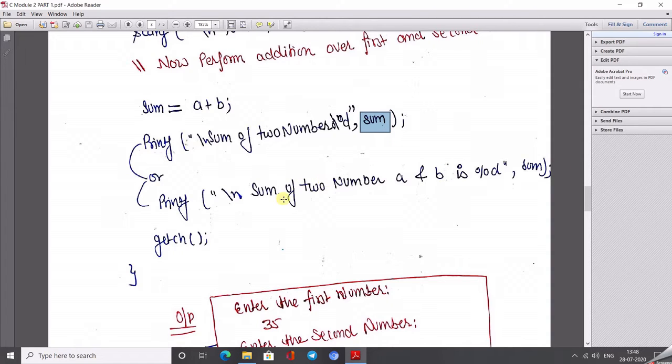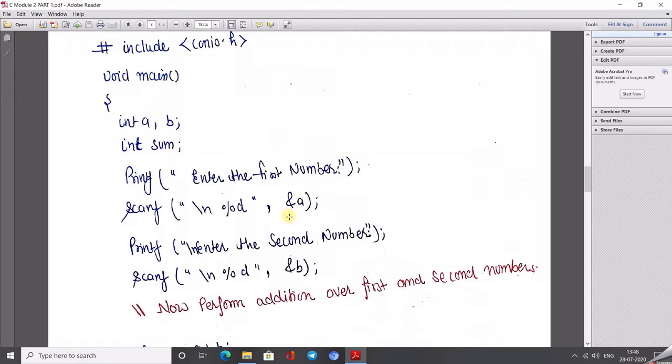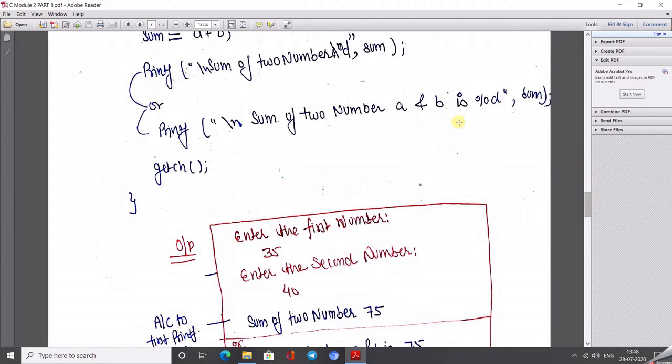We can also write in this form: "sum of two numbers a and b is %d", sum. So according to the %d we need to call a variable name, like what? Sum. Here don't think that because a and b are written here, whatever value is inserted by the user is printed. No, here we just give the statement a and b, not a variable value.